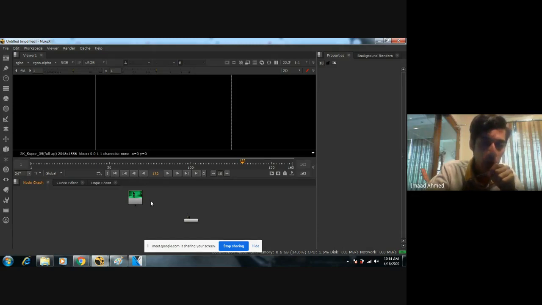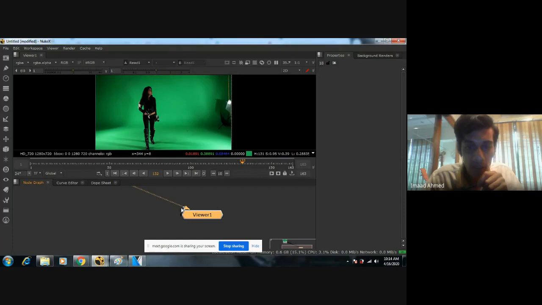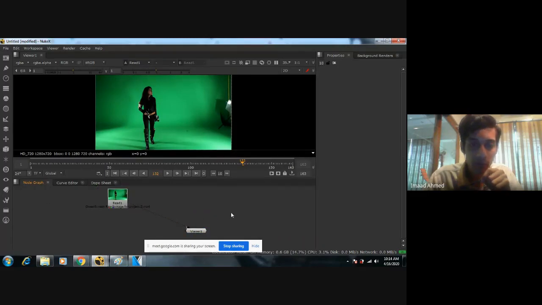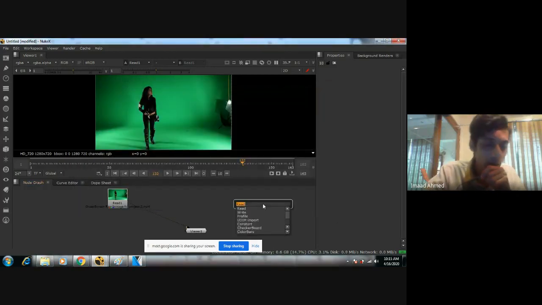So select the node first and hit 1 on the keyboard, which is also your exclamation mark. It'll automatically connect that node directly to the viewer and mark that as 1. So every time I hit 1 on the keyboard, I'll switch to that node and how it's being transferred into the viewer node. Similarly, if I've got another read node here, by hitting tab,